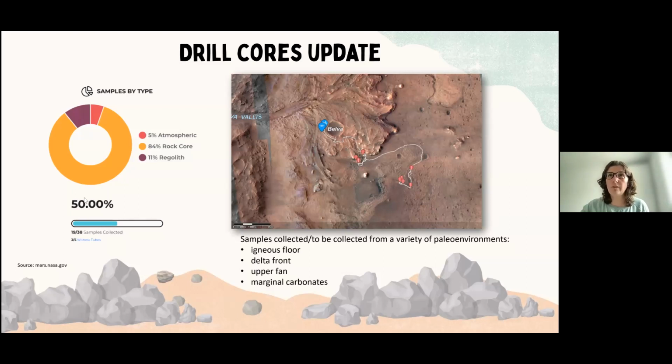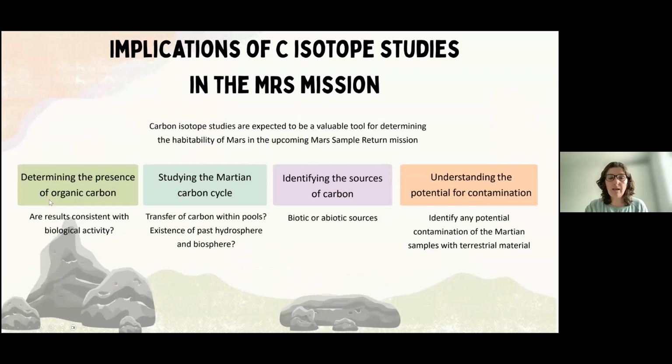So these samples from the Mars sample return have strong implications in our knowledge of the potential habitability of Mars. So these carbon isotopes are expected to be a valuable tool for determining the habitability of Mars. But some aspects in which carbon isotope studies may help, trying to determine this habitability of Mars are,